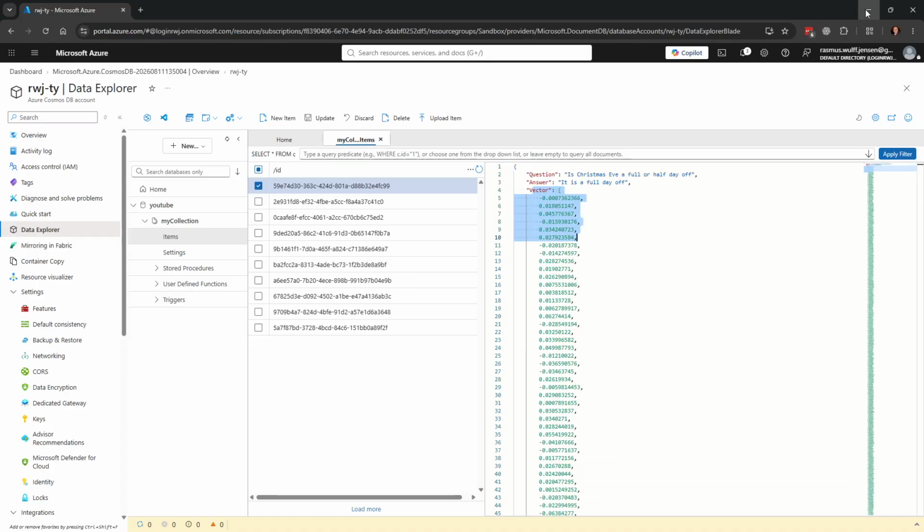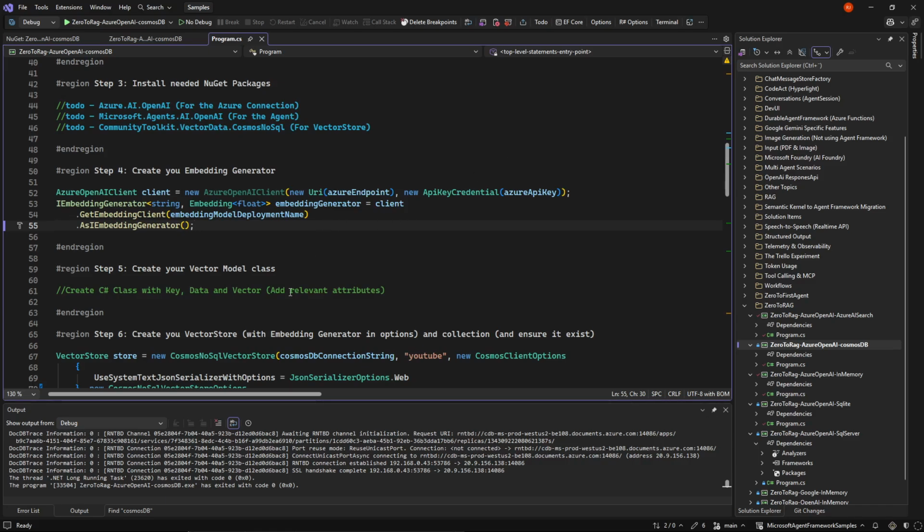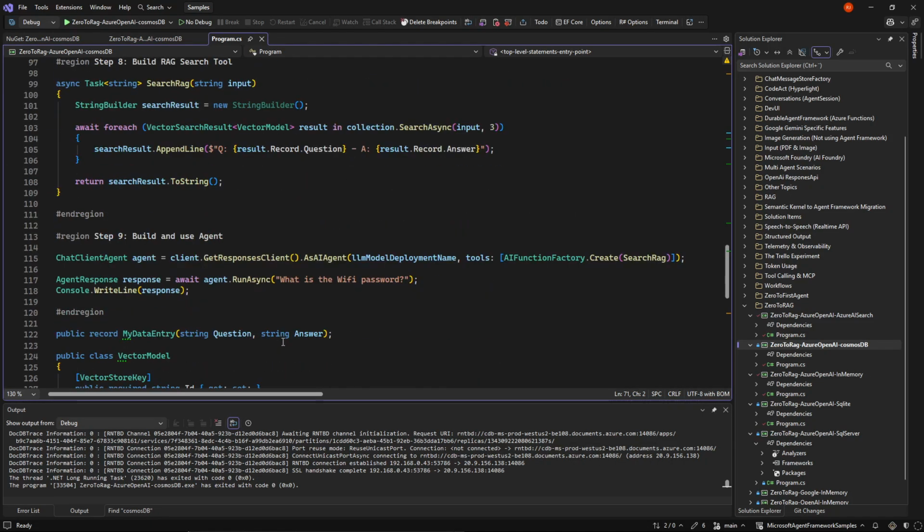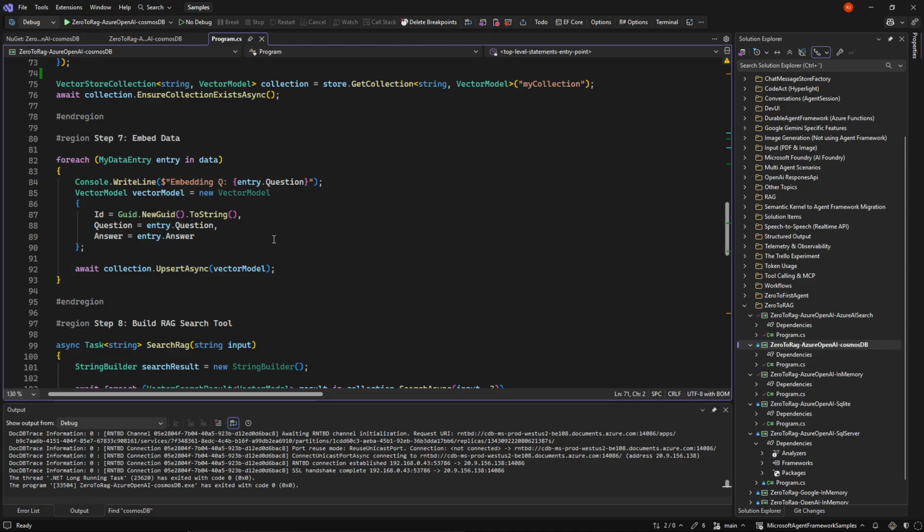And that's actually everything there is to it. Cosmos requires a little more setup here, a bit more annoying, the partition key, but beyond that, we don't need to change a single line of code from the main video.